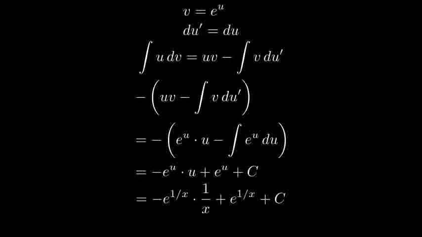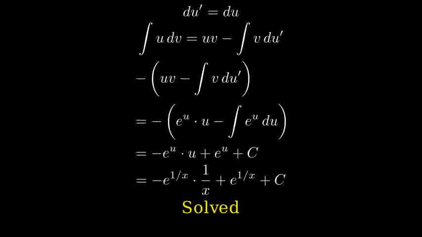With that substitution, we'll then have negative uv, which equals negative e to the power of u times u minus the integral of v u prime. By calculating this step, we simplify to negative e to the u times u plus e to the u. Finally, substituting back u to 1 over x, making our indefinite integral result,